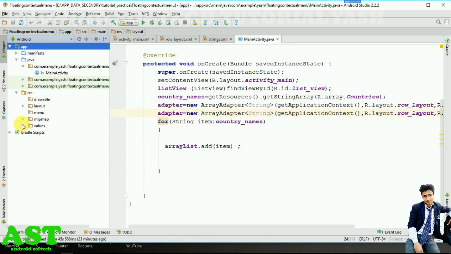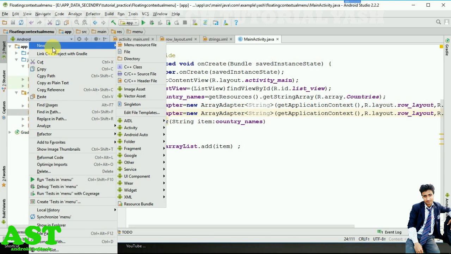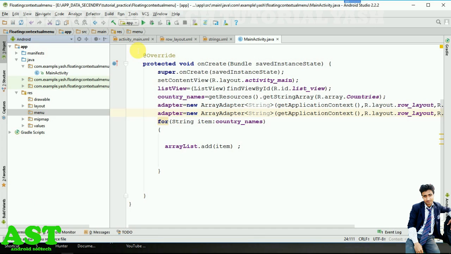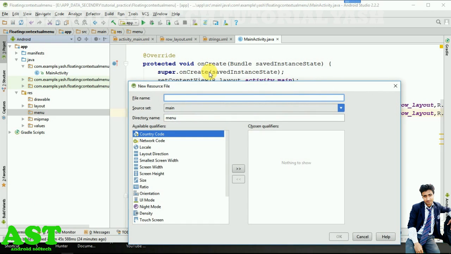Then we will create a new menu resource file. So click here new and click menu resource file, and for the file name I will give my menu. So give the file name my menu, and the directory name will be menu. Click OK,